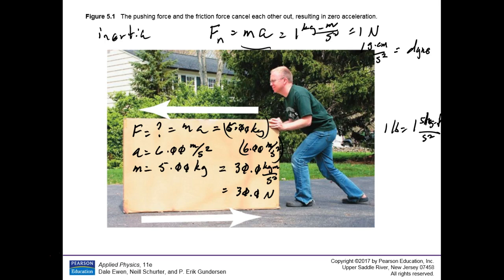Now, why do you only have 1 zero there? You had 2 in the others. You count the number of significant digits. You had 3, that's 3. If you put another 0 there, that gives you 4. You can't get more significance out of a problem than you put into the problem. So that's 30.0 newtons. That's how much force you would need to give 5 kilograms an acceleration of 6 meters per second squared. Okay? Make sense? All right. Let's clear that screen. Do you have it? Anyone need it a little longer?